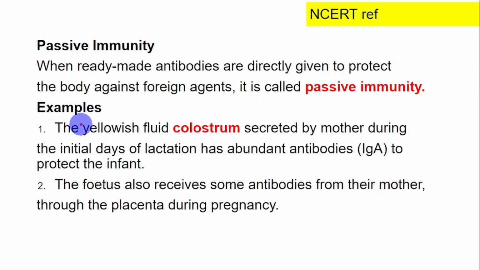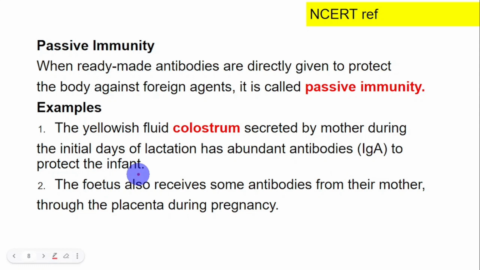Two examples are, so passive natural immunity is yellowish fluid called colostrum is secreted by mother during initial days of lactation. This colostrum is rich in antibodies, secretory antibody which is IgA, and it helps to protect